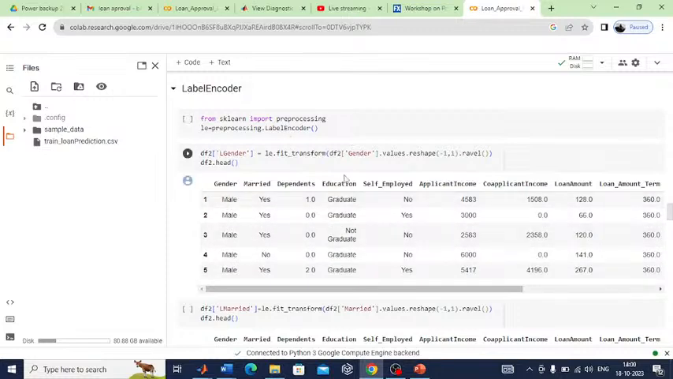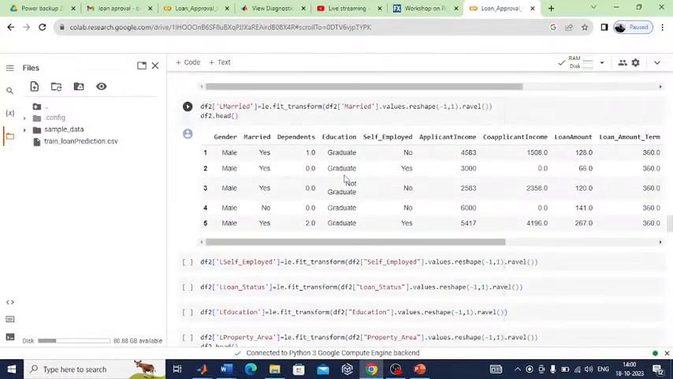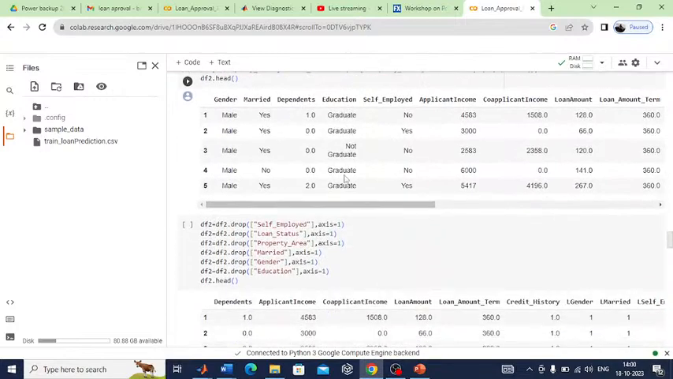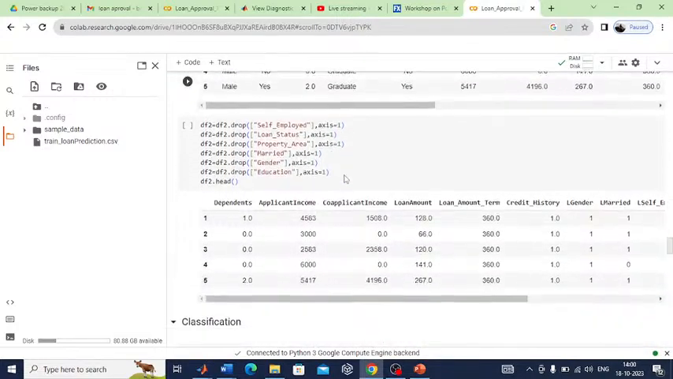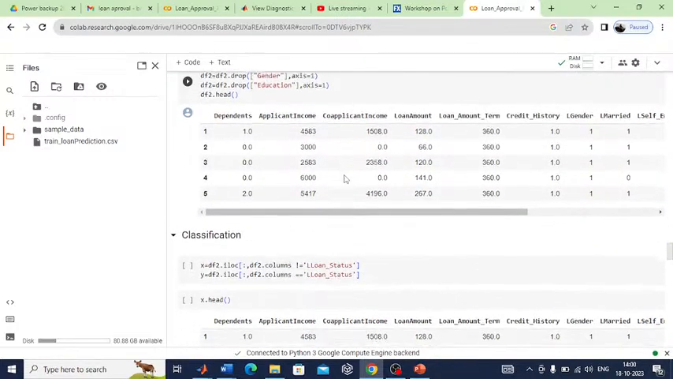This process will convert the text format into number format. The same thing is being done here. So several examples are this. And the next one is